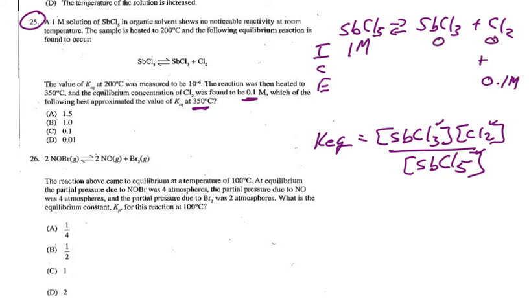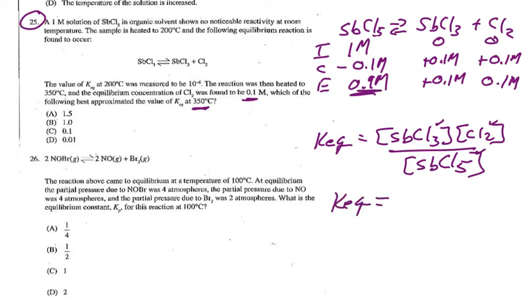That means this one increased by 0.1 molar, and this one increased by 0.1 molar, and the last one decreased by 0.1 molar. So that's going to be 0.9 molar. Now, this is a pretty small difference between these. We may have to do an approximation here. So this is going to be 0.1, 0.1,